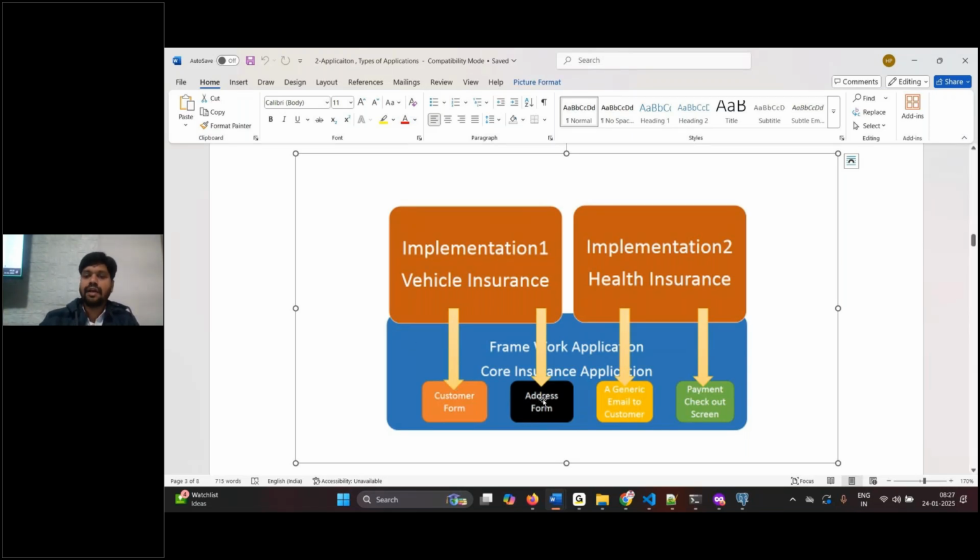And then I want to send an email to the customer after the successful registration process. Email sending component, which is business logic. And then a payment gateway screen I want to create so that I can ask the customer to make the payment. Understand? These 4, if you look at now,